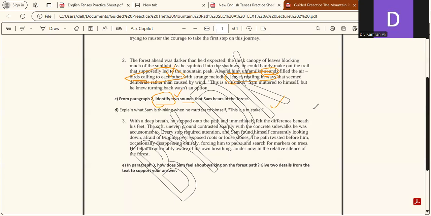Keep this information in mind and then read it because this is an inferential question. Inferential questions, the answers are not explicitly stated. It's hidden information, right? So you need to understand the context or keep the context in mind to answer these questions. So, for example, here it says this is a mistake. Now we need to think about why is it a mistake, and for that we have to read it again, right?